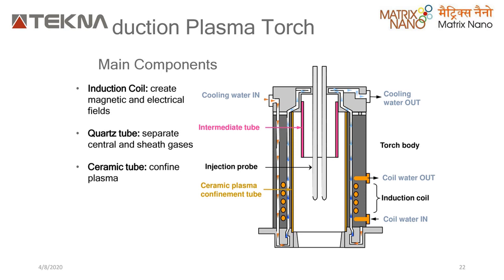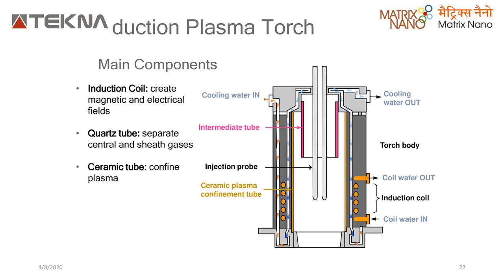Now you'll question me, what is the central gas? Central gas is nothing but your ionic gas, which is inert gases like argon, helium, and all these gases, which can get ionized and form plasma, or these are also called plasma gases. Central gases are also called plasma gases. And sheath gases are basically your supporting gases, which are used so that it keeps the structure of the torch, say your quartz tubes, the ceramic tubes, or the coils, or the whole consignments, or the pipings, all intact without damaging it. Basically, the sheath gas sees to it that the plasma is confined and is made in a particular direction. So it's basically for confinement.